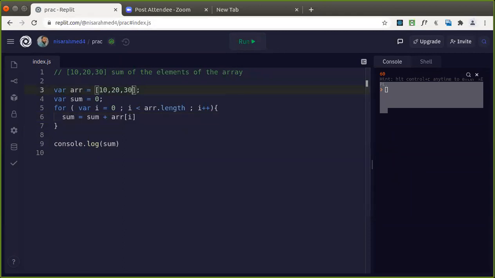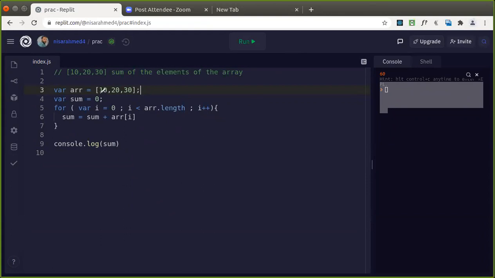Fine, guys. When we are able to get each and every element in an array, we can do anything with it, isn't it? You can get the elements, you can add them, you can process them in any way according to the requirement. So this simple example shows you, because there could be some beginners, I'll just make it easy for you.